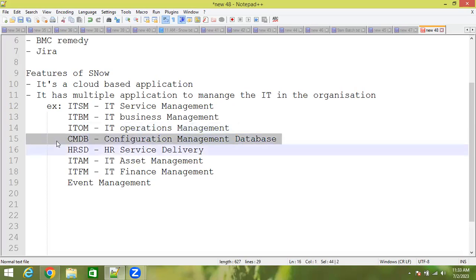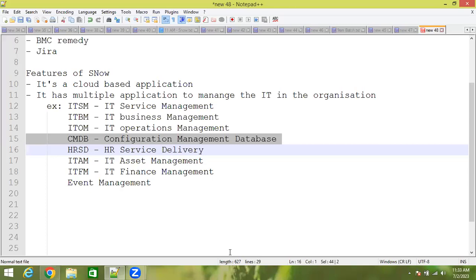CMDB, configuration management database. In the organization, there will be various configuration items. Any single unit of an asset is called a configuration item, right? A small asset in the organization, like a laptop, will have some ID, the asset ID.